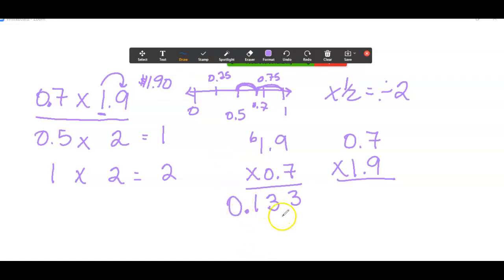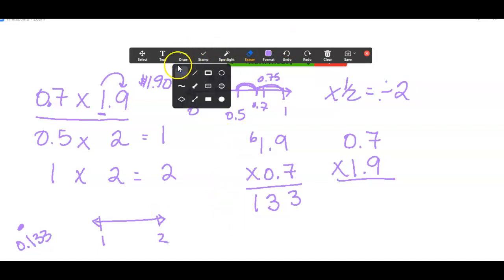What if the only other option is to do this? Well, this isn't even a whole number. This is a very small decimal, and we said that it needs to be somewhere between 1 and 2. So if I were to do a number line, and I have 1 here and I have 2 here, this would actually be way over here. So that's not even close. So we think that our decimal is going to be 1 and 33/100 because that is between 1 and 2,